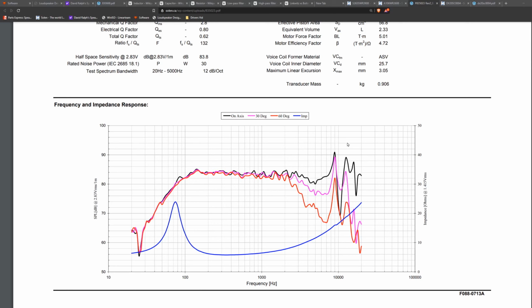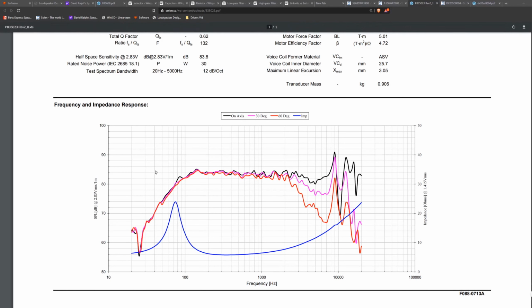But when I was playing around with the crossover design software, I found that using an air coil of lighter gauge on the woofer, the sensitivity dropped a bit, so this actually worked out pretty good. It may look very jaggy in this area, especially with the red line, but 60-degree off axis is kind